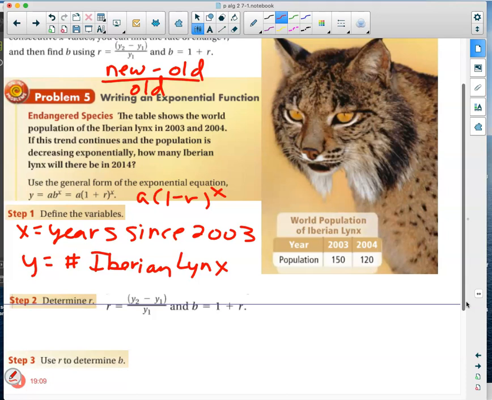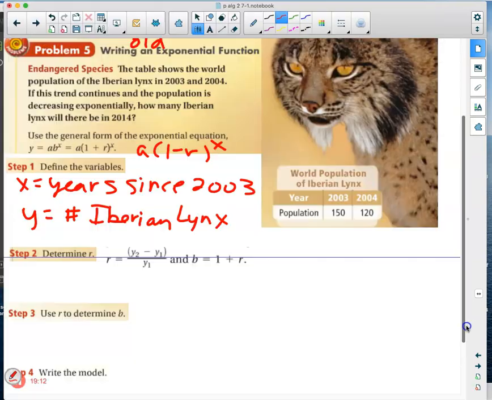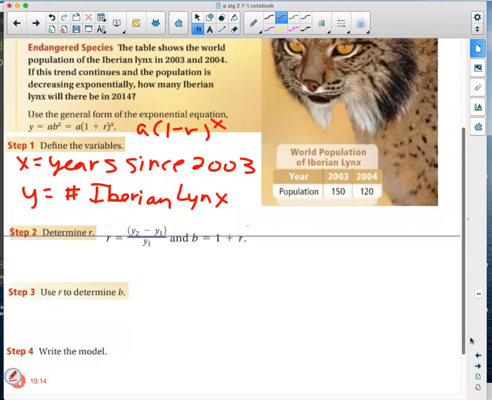Well, if it's going to be y equals a times b to the x, we better figure out what all these good things are. And here's where they're helping us remember how we find b. We take new, 120, minus old, 150, and we divide it by old. Back when you were probably in the 7th grade, that's how you figured out percentage of change. New minus old over old. So that's going to be negative 30 over 150,